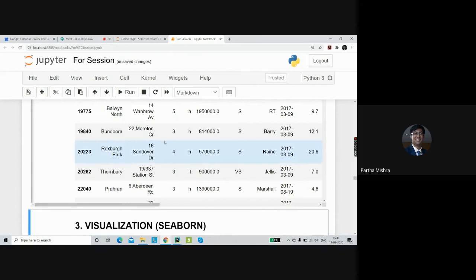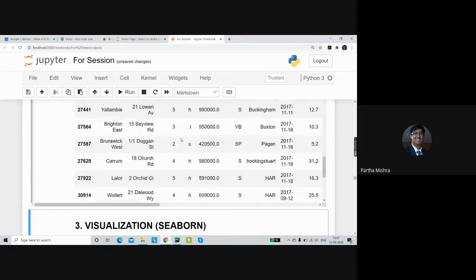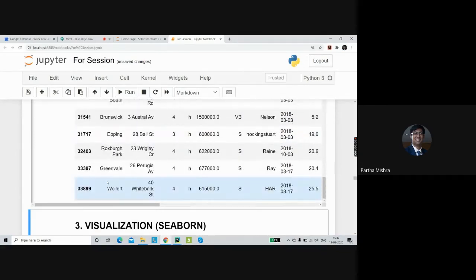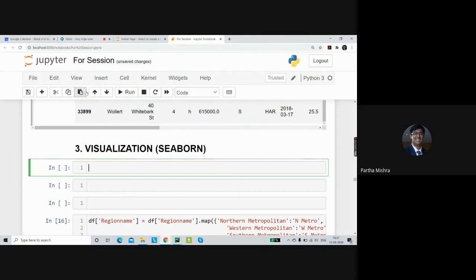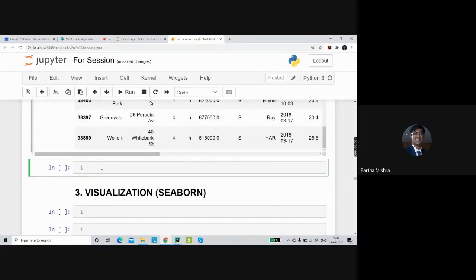There are a lot of entries which actually have zero value, so we have to remove these entries. So let's simply mention this: we want all the houses where the building area is not zero.